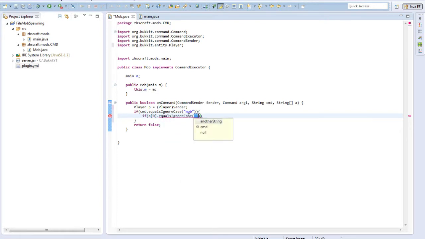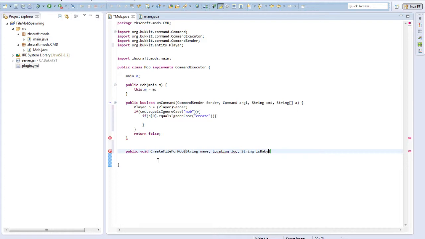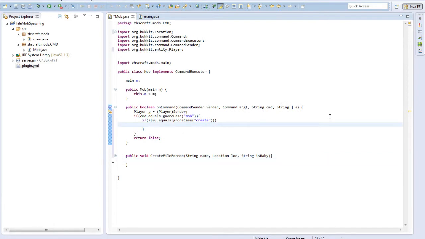Equals ignore case, this being create for the first argument, which is the create part of it, which we're going to put public, wrong place, public void createFileForMob, String name, Location loc, String isBaby, import Location, and we're going to put createFileForMob, argument 0, p.getLocation, and